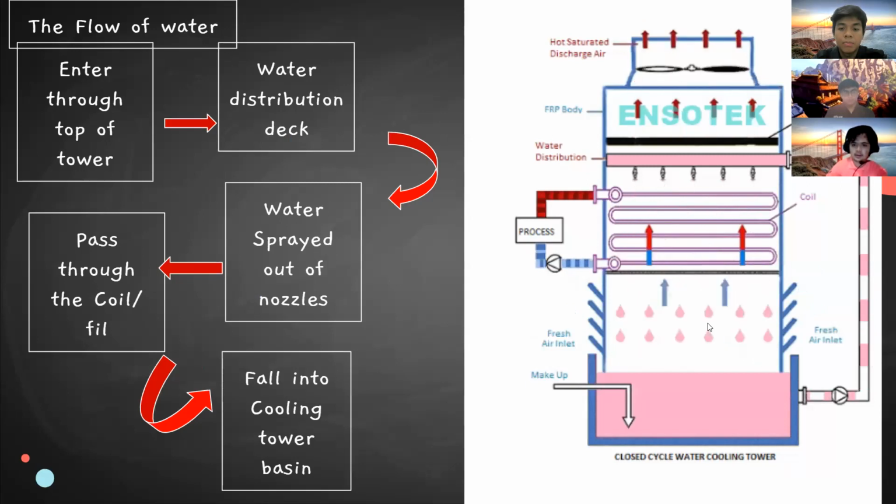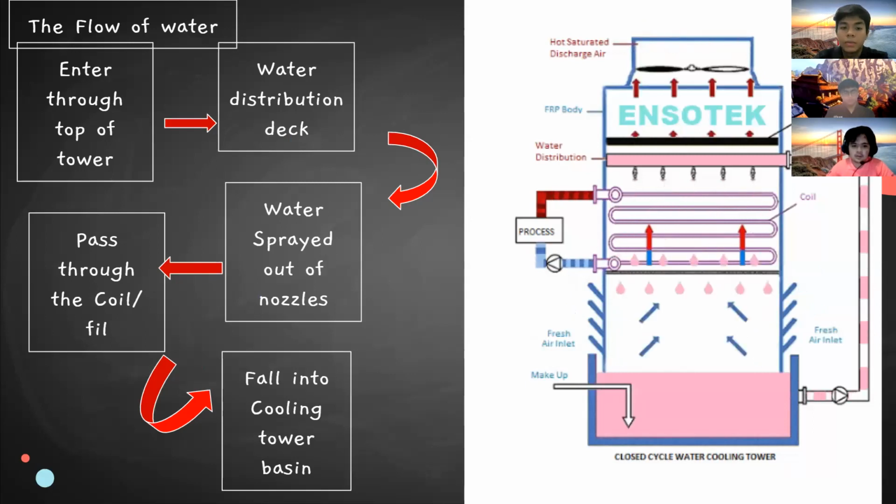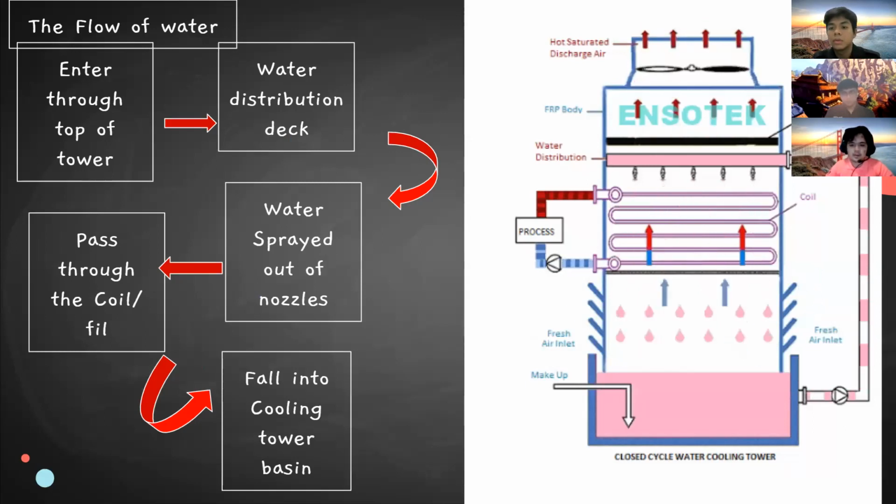Basically, this is a heat exchanger in the cooling tower. After that, the water will fall into the cooling tower basin. At the bottom of the basin, there is a pump suction to suck the water, and the water will repeat the process again. So next,